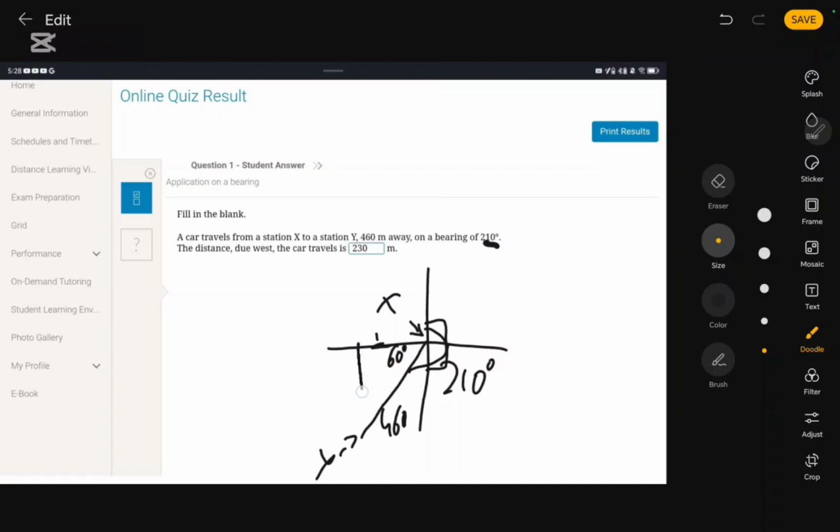Then you put a line so you can determine the distance due west. Now to find this right here, we have to do something. So we have this angle, and we have a hypotenuse, and we have the long. So to do that, it's gonna be